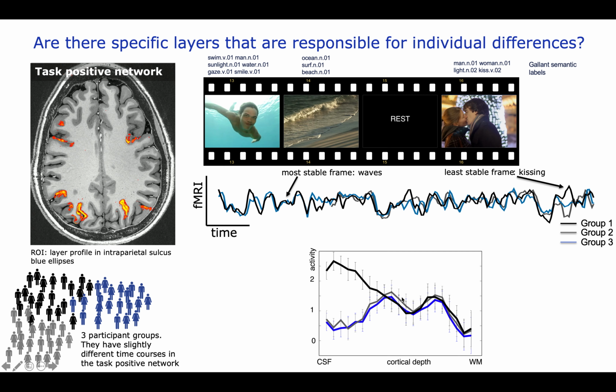ones. Whereas the deeper layers are very consistent across people, which I think makes a lot of sense, right? Because the feed-forward input must be the same. All the people look at the same movies, so the activity of the retina must be the same, or the activity of the early visual areas extracting the low-level features must be the same. Only somewhere along the cortical hierarchy do these individual differences come in, and they must come in at feedback